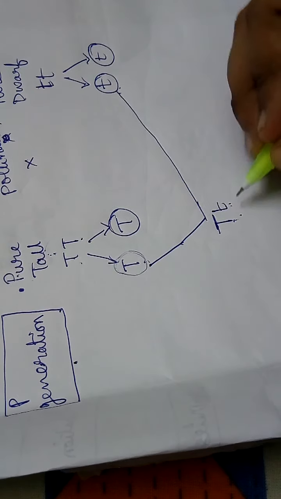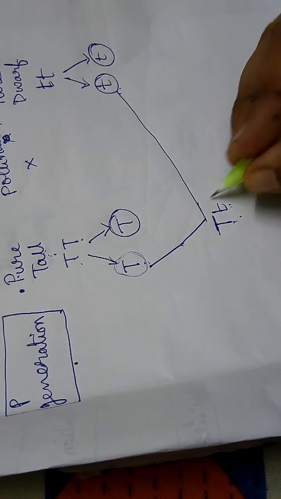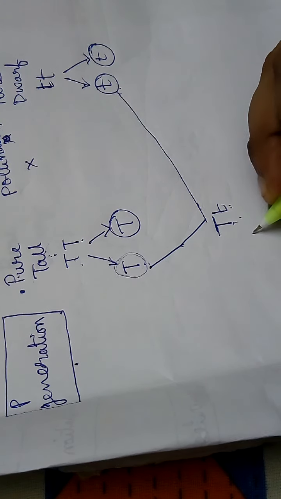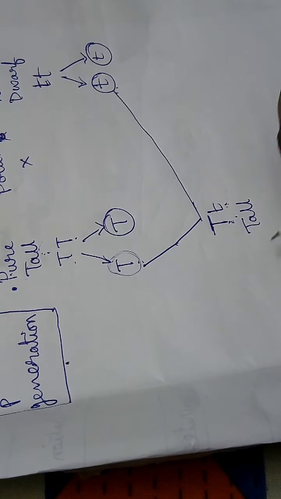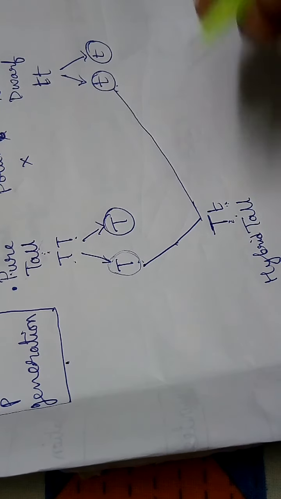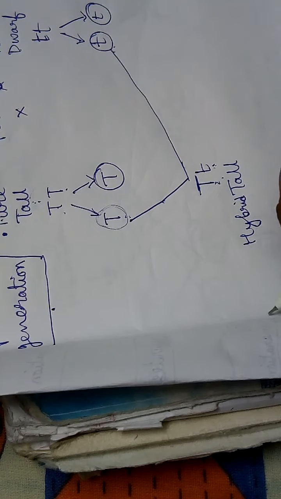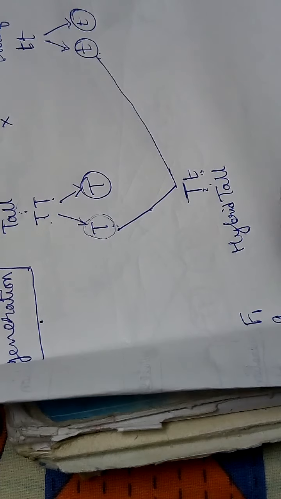So here the phenotype of this organism is tall, but two contrasting alleles are present here, so we write here hybrid tall. From the parent organism, the offspring that is produced, we mark it F1 generation